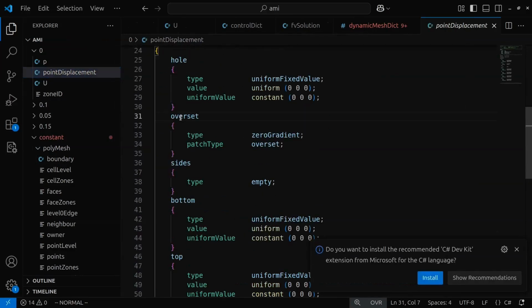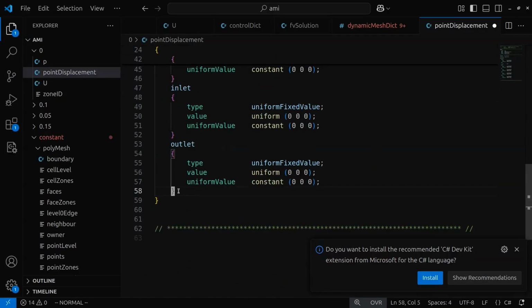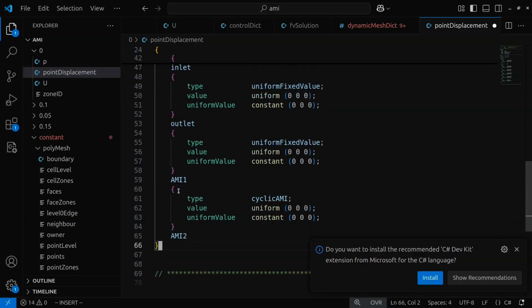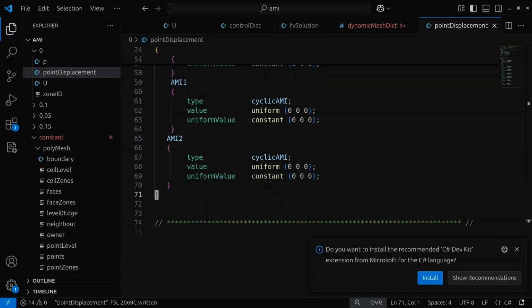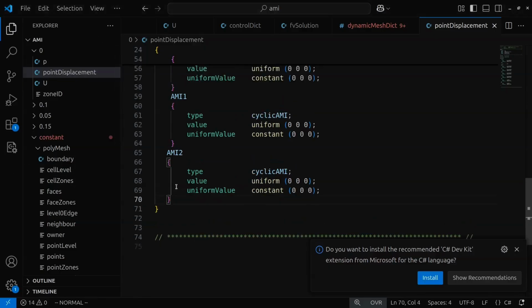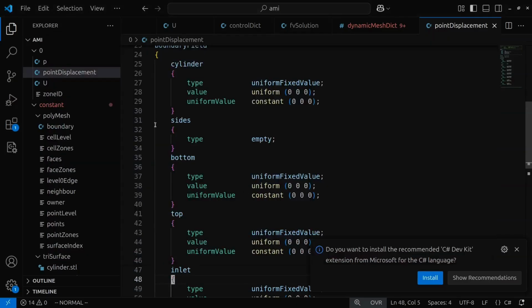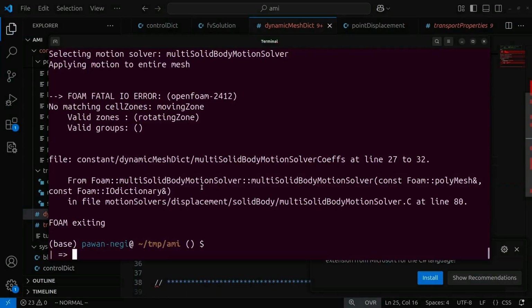In the point displacement, we do not have overset now, and this is cylinder. And for AMIs, we'll use the same cyclicAMI, and AMI2 also we'll use cyclic. And now we'll rerun. We'll first clean everything and then rerun. So the cell zone is rotating zone. I think we have this as moving zone. I have to change this to the name that we have set to the zone, rotating zone here, and then